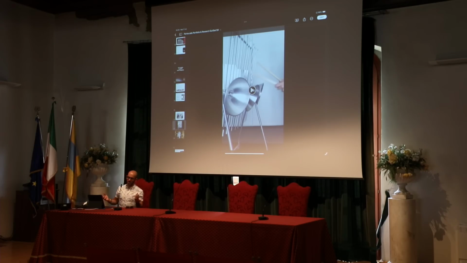Another thing that I like to do, which is not connected to electroacoustic music, but to the capture of sound objects and sound material for compositions, is the creation of instruments.